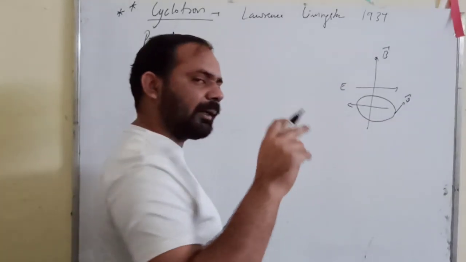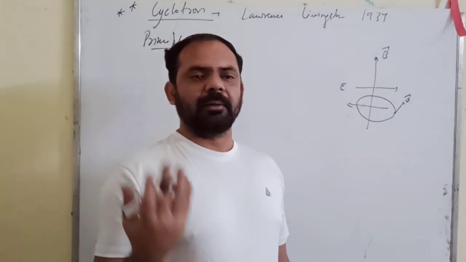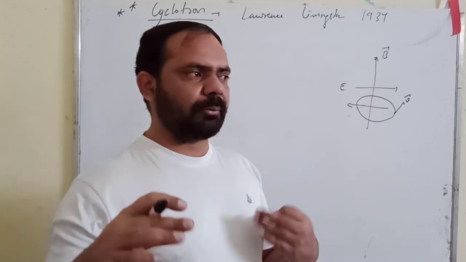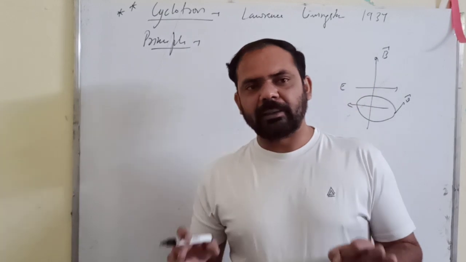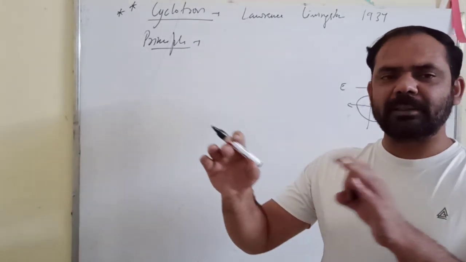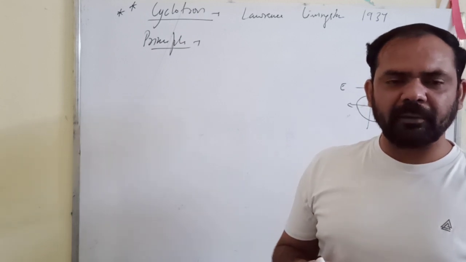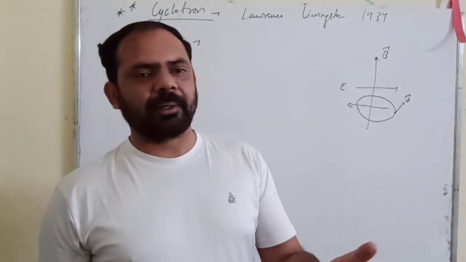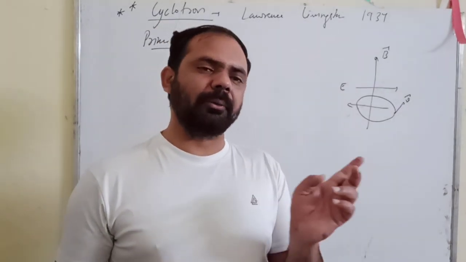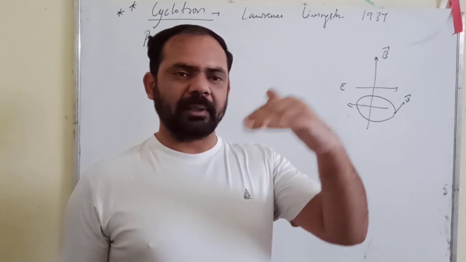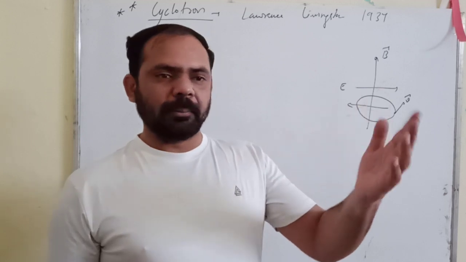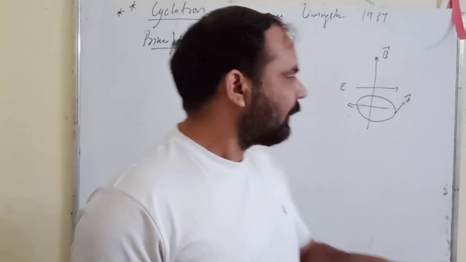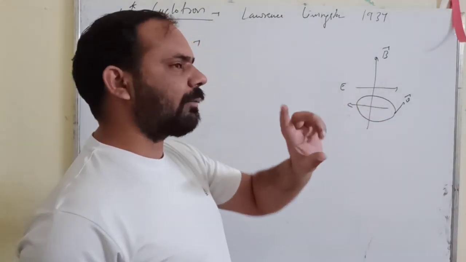Now, an electric field can accelerate the charged particle, can change the speed also. Initially, one or two days back, I discussed with you how you can check the presence of a field in some region. You pass a charged particle, and if it speeds up or slows down, then there must be an electric field. And if you find that the direction alone is changing and there is no change in the speed, neither speeding up nor slowing down, but at the same time there is a change in direction, then there must be a magnetic field present. So a magnetic field can change the direction and an electric field can change the speed.